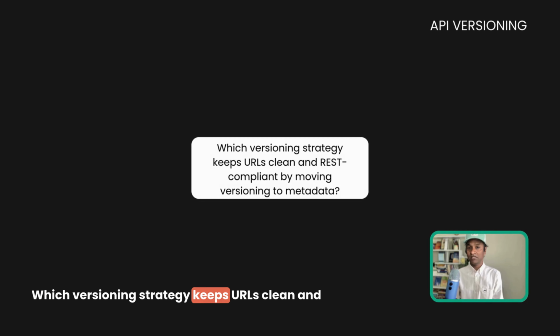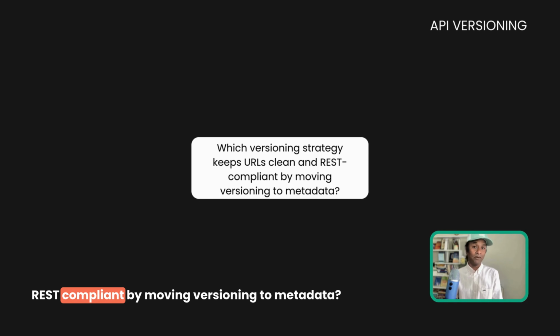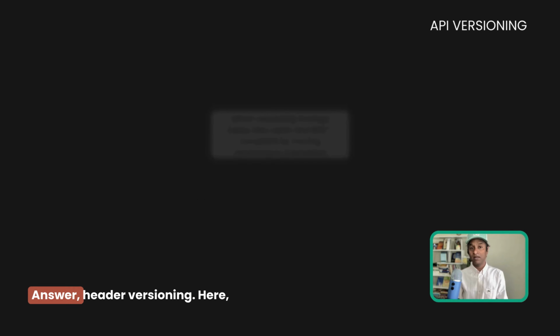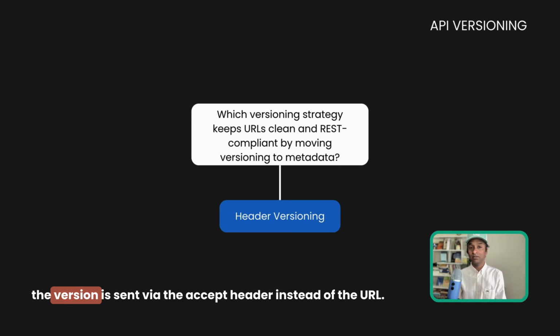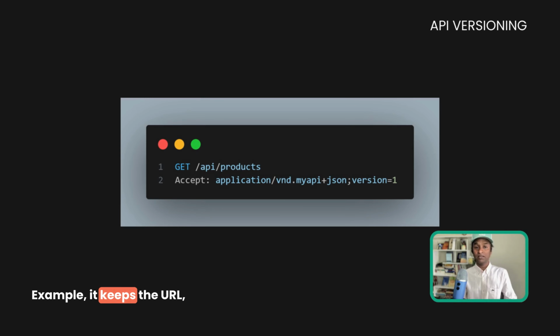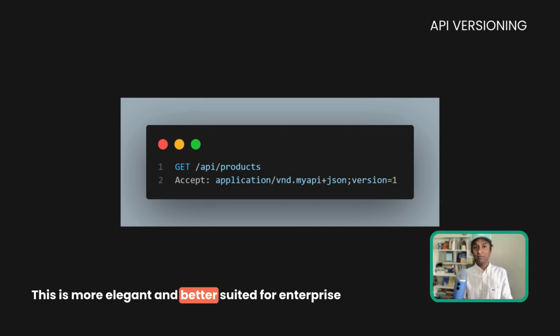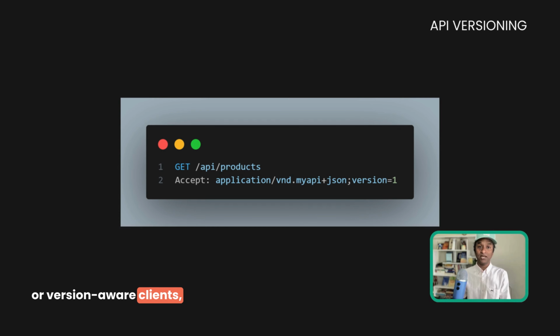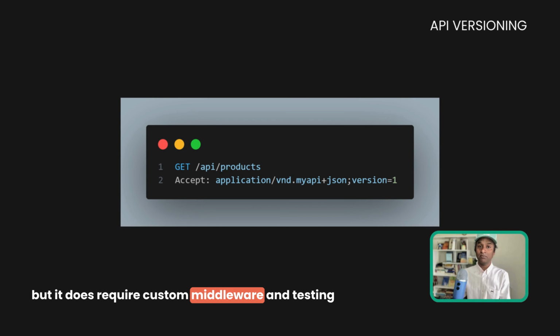Which versioning strategy keeps URLs clean and REST compliant by moving versioning to metadata? Answer: header versioning. Here, the version is sent via the accept header instead of the URL. Example: it keeps the URL semantic and RESTful. This is more elegant and better suited for enterprise or version-aware clients, but it does require custom middleware and testing